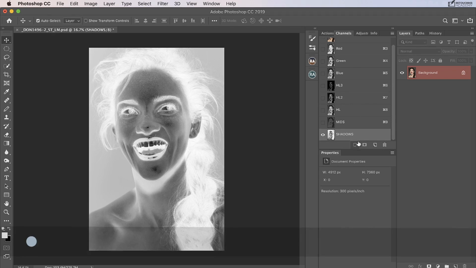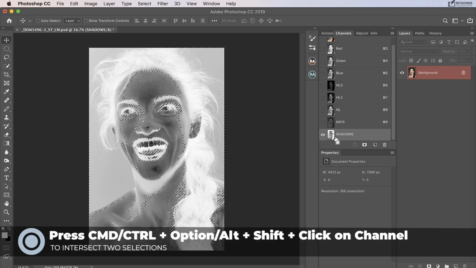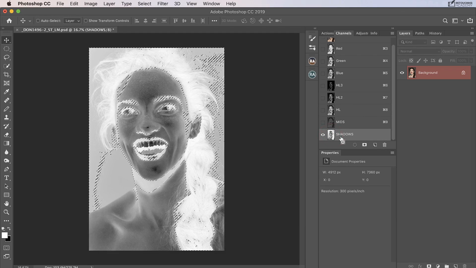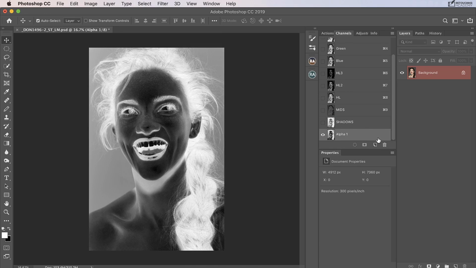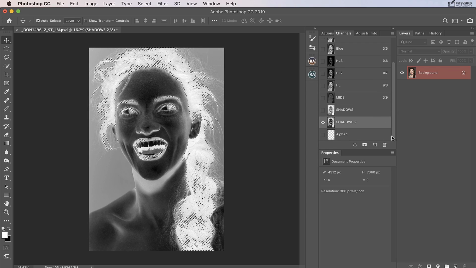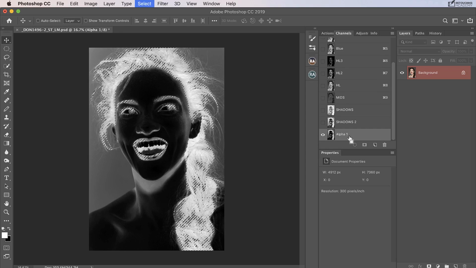And I'm going to do a similar thing for the shadows. I'm going to Command click, Command Option Shift click, and add a new channel there. And as you can see, that's tightened that selection. So I'm now going to label this shadows 2. And then I'm going to Command click, Command Option Shift click, and again make a new channel, and that is shadows